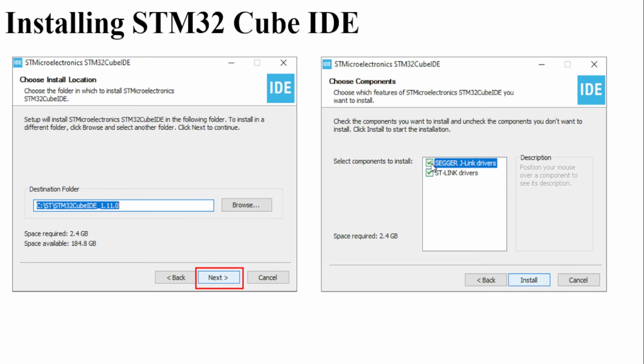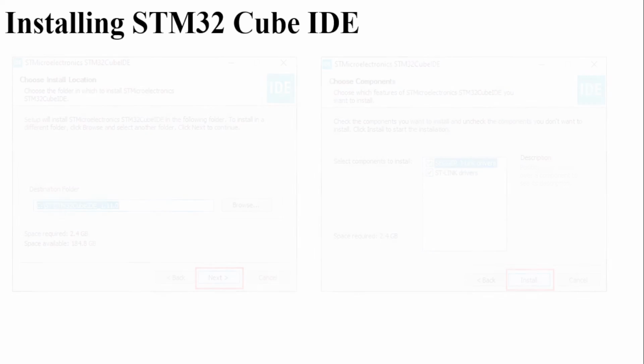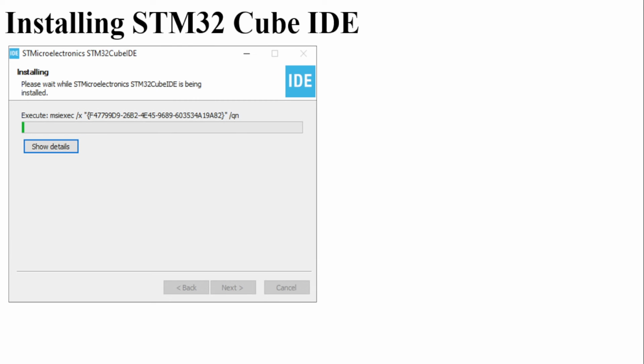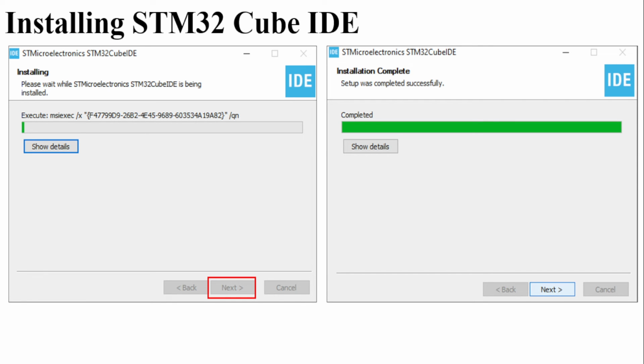check both the Segger J-Link drivers and ST-Link drivers. Click on Install, and this will install the software. It will take a few minutes to complete the installation. After getting completed,